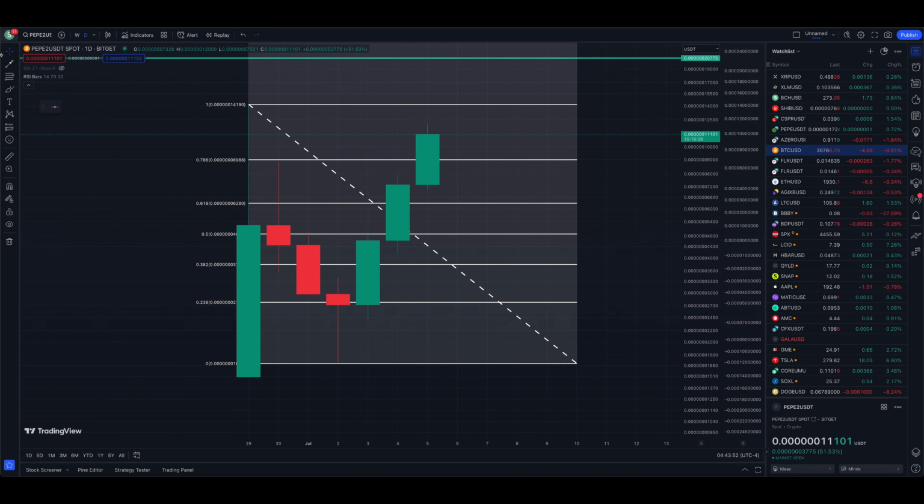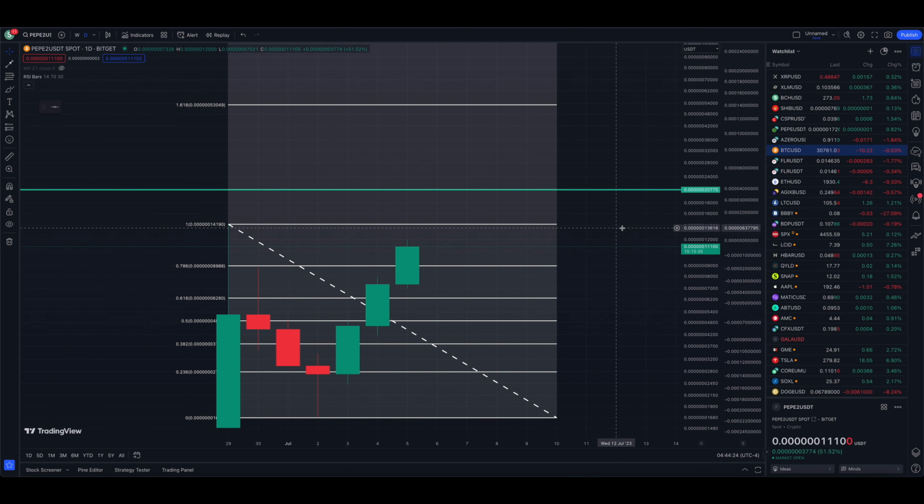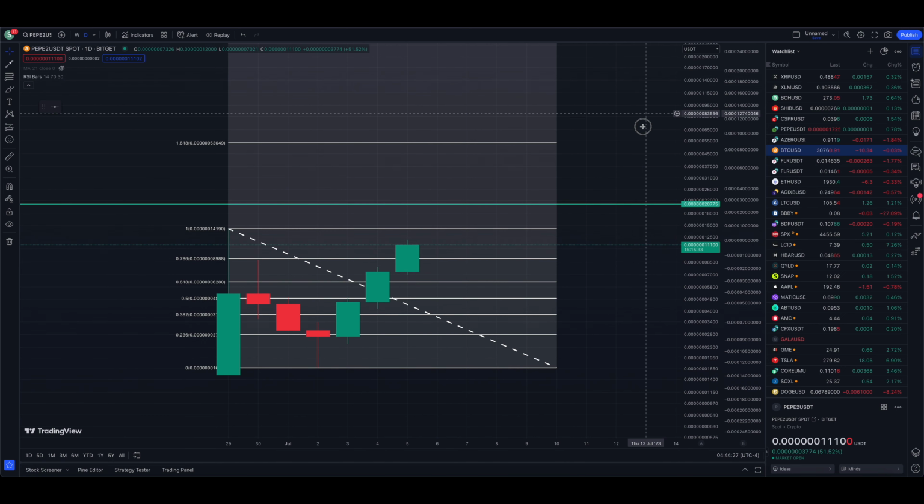I am not sure, but I can tell you right now that it's in a very short-term uptrend with a higher low and a higher high. So we have a lower high to a higher low to a higher high. The trend is up right now. Keep in mind, this chart only has data going back a couple days, so this could flip quick. This could turn into a lower low, which would not be good for the bulls. But right now, the markets for Pepe 2.0 are looking quite bullish, so I wanted to share my upper targets